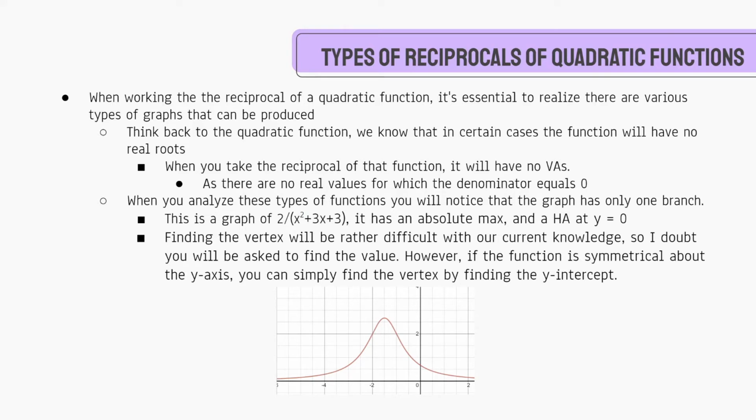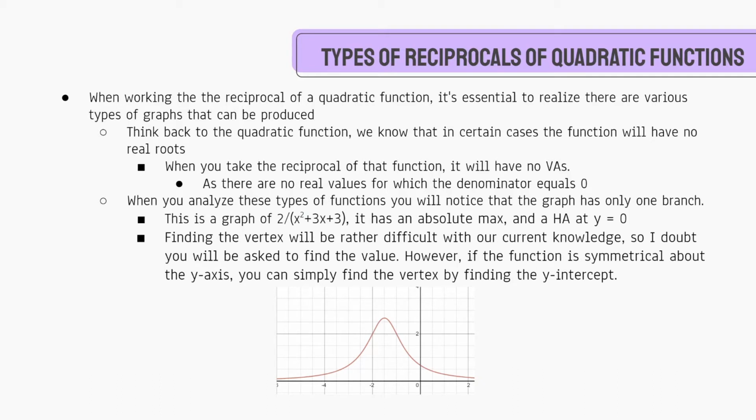So what we could say with these types of functions is that again we have a horizontal asymptote at y equals 0, but we also know that we should have a vertex somewhere. The problem is that we don't really have a straightforward way to find it yet, because we would have to find the non-real roots of the function and then take the average of them. You could try doing that, but that doesn't fit with what we learned in class. Hence, I really doubt that you will be asked to do this